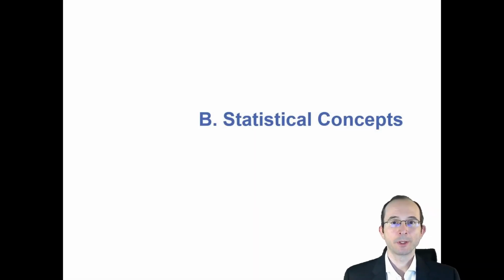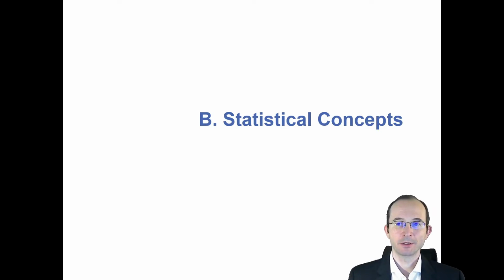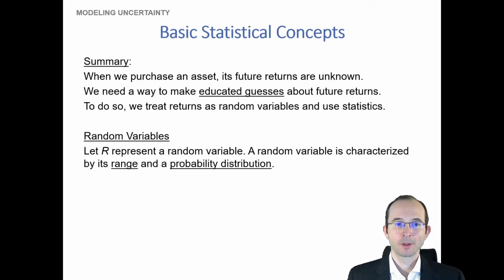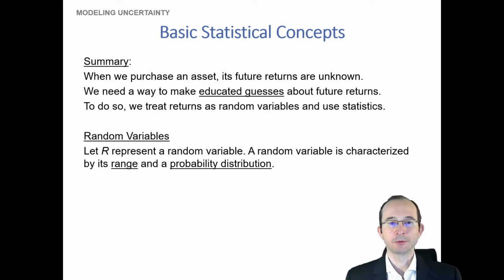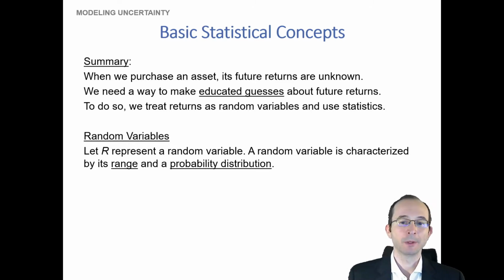So let's talk about now the statistical concepts behind probability distributions and the simplification that we've introduced with event trees. Since we don't know the future returns, we have to make these educated guesses about the probability distribution. We have to, if we can, maybe simplify using this event tree approach. But to take a step back, let's just think about what a random variable is and what we can know